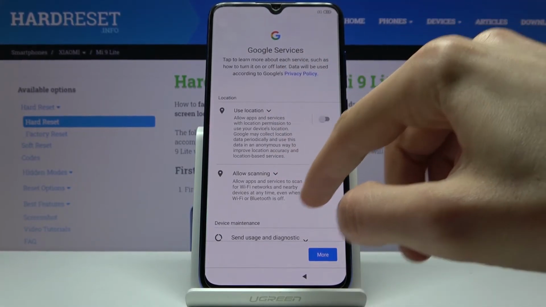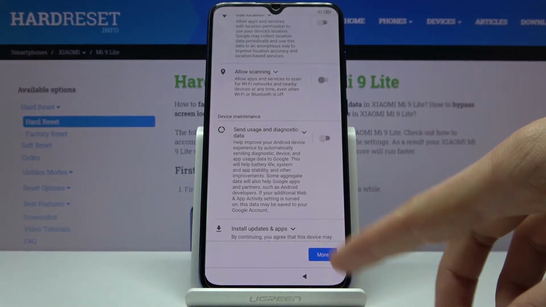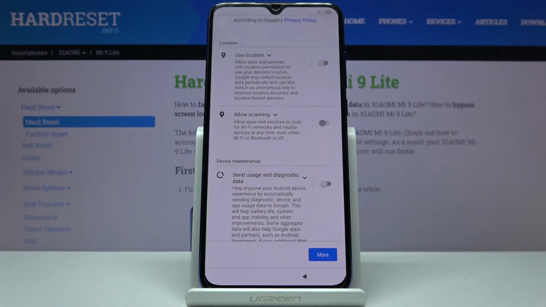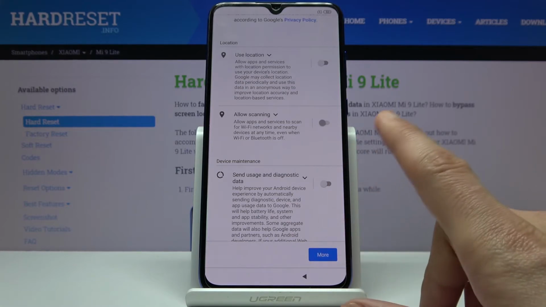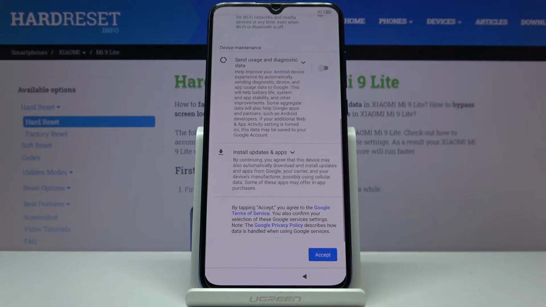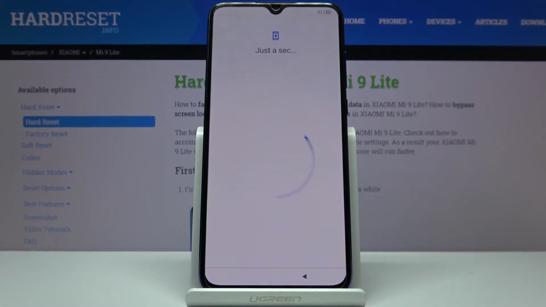Now you can disable all of them if you want, and for localization, certain apps will require it and tell you that you need to turn it on to use the app. So once you encounter that app, you will most likely see it if you don't want to have localization. And from there, just accept at the bottom